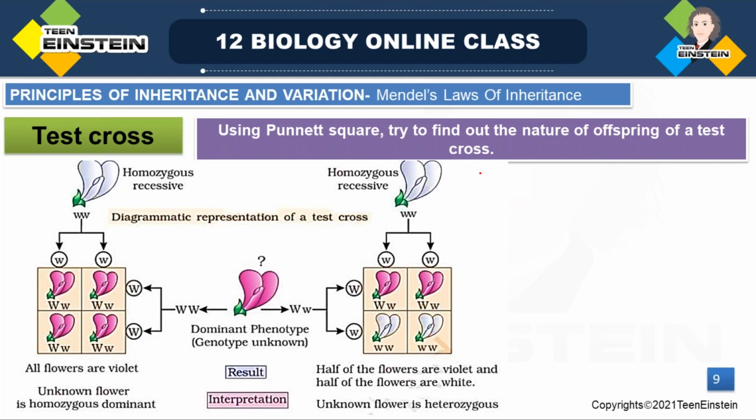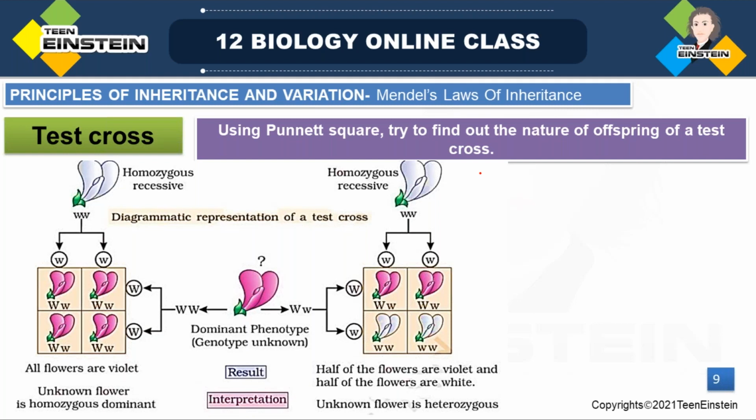And that tall plant has a dominant character, right? So we want to find out the genotype. What do we need to do? We need to cross that with a recessive parent. So instead of self-crossing, we are crossing it with a recessive parent. That's the common procedure of a test cross. Then we analyze the progeny of the cross, and with that we can determine the genotype of the tested organism.